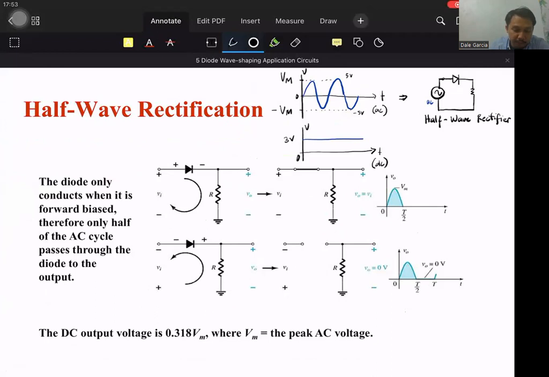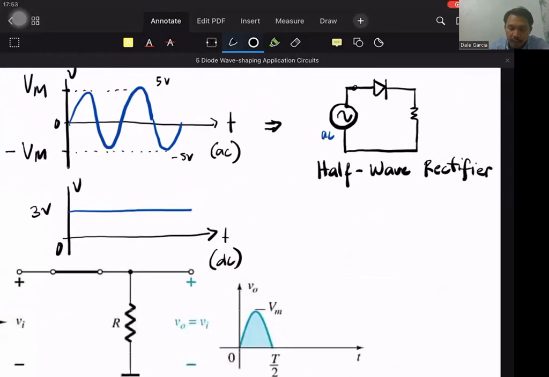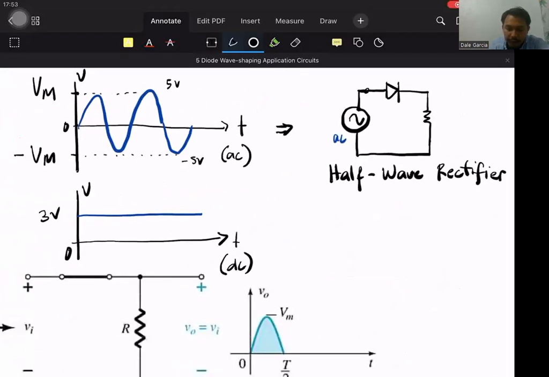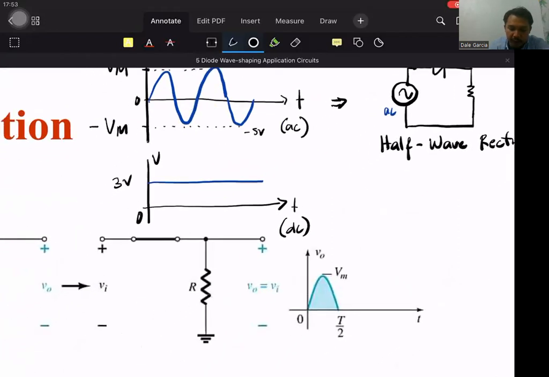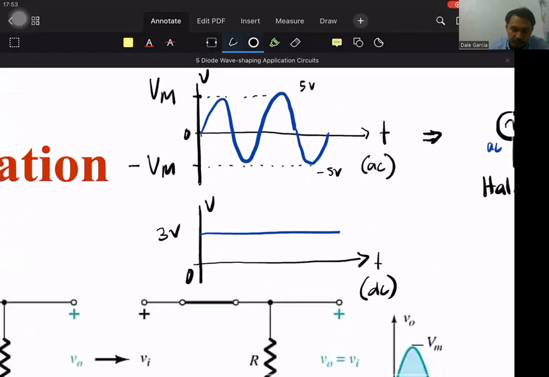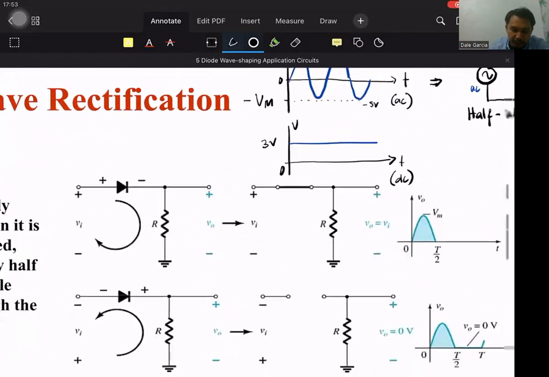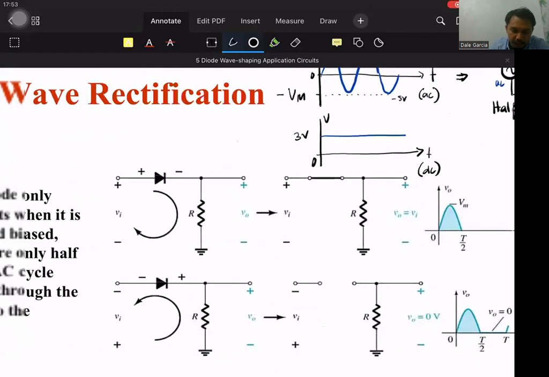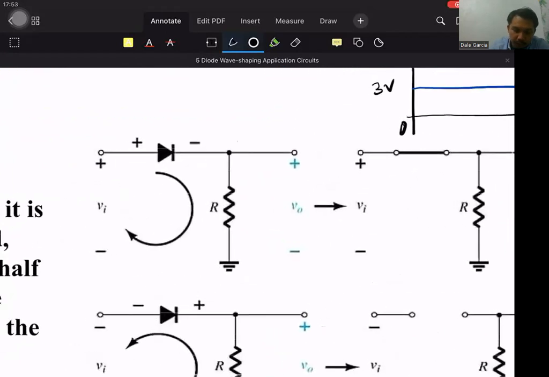One half only, the other half, or actually the first half. So if this is the input, let's use the images on the slide. This is the circuit, and this is where the signal source is connected. So for the positive